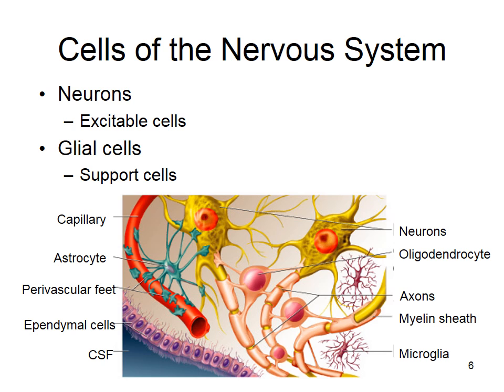Okay, so in our nervous system, we've got neurons, which are the excitable cells. They're the ones that can change their resting membrane potential. But they're divas. They need loads of support cells. And those support cells are called glial cells, right? So the glial cells are all the support cells.